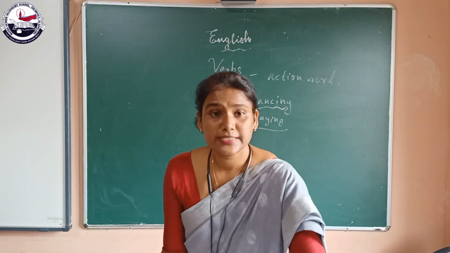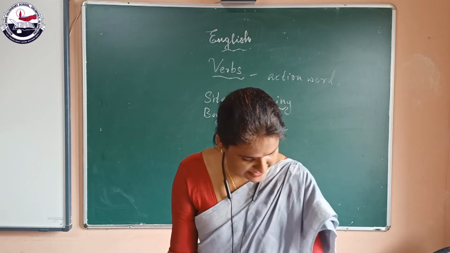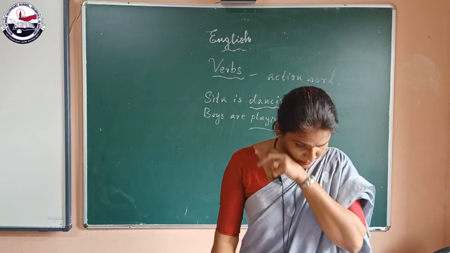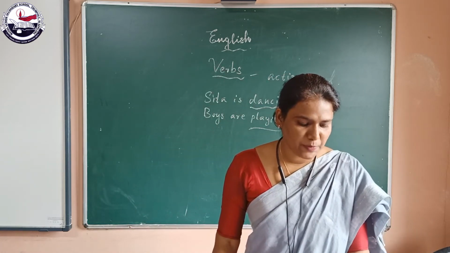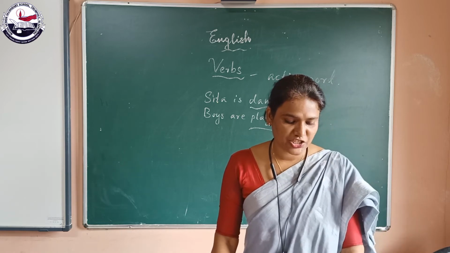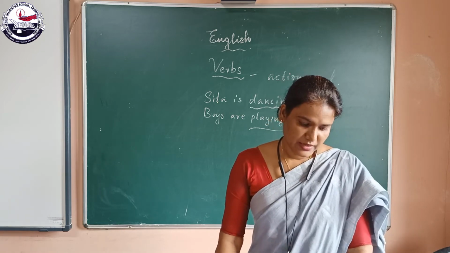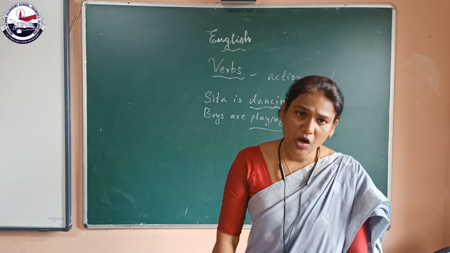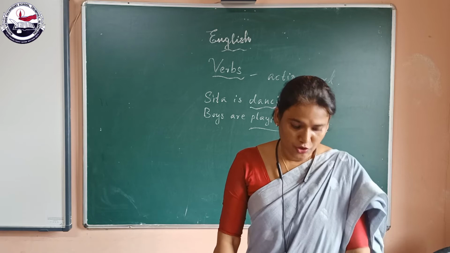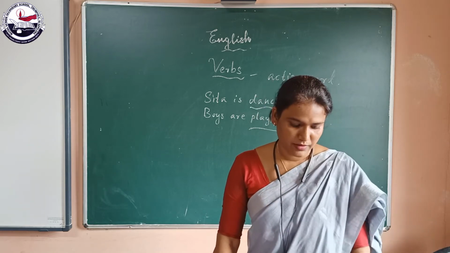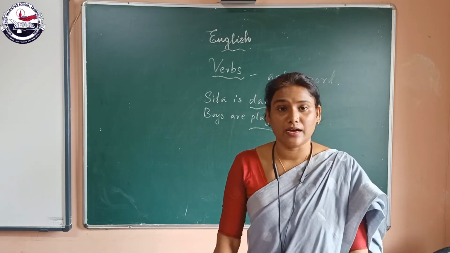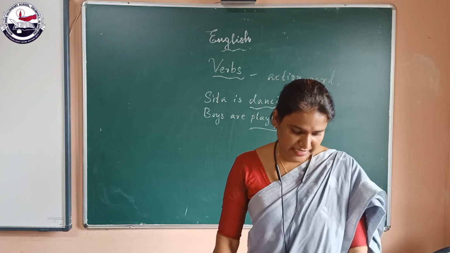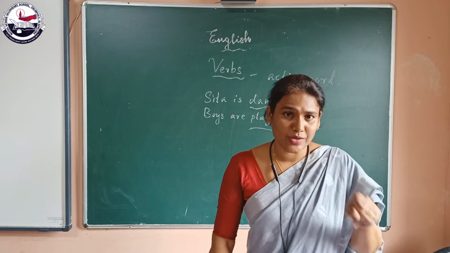Okay, now we will do some exercises from the text, page number 68. Let's find out what these people are doing. Match the actions with the pictures. Jatin is combing his hair. What is the action word here? Combing. Draw a line to F. She is eating a banana. What's the action word here? Eating. Draw a line to C.